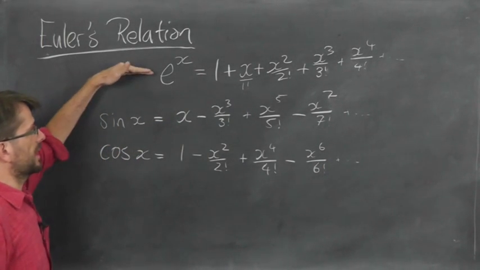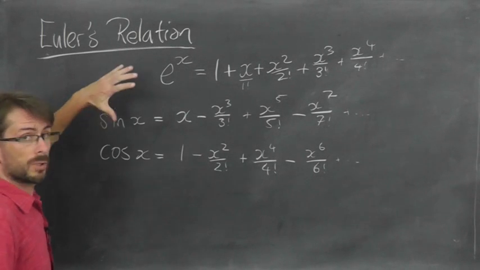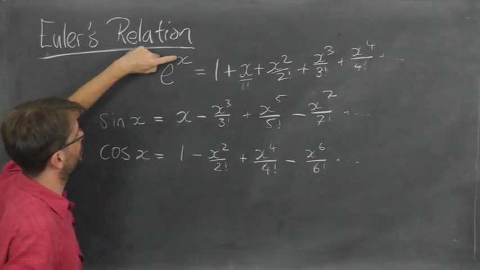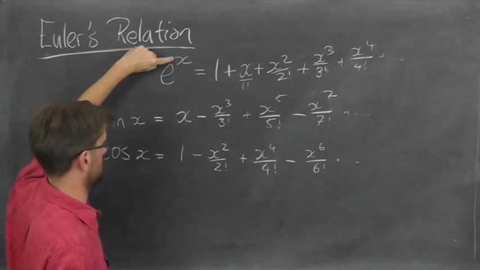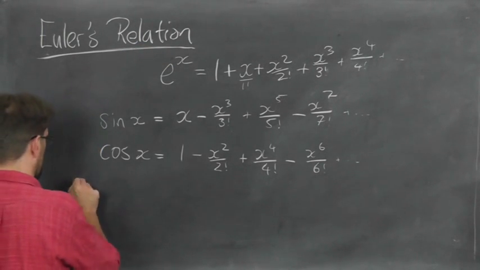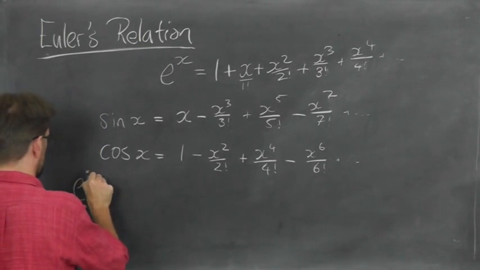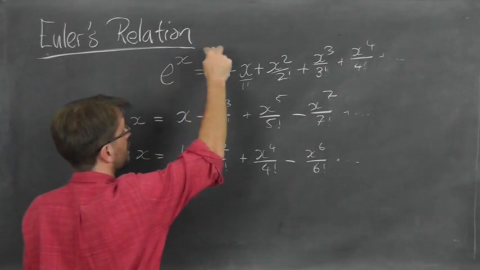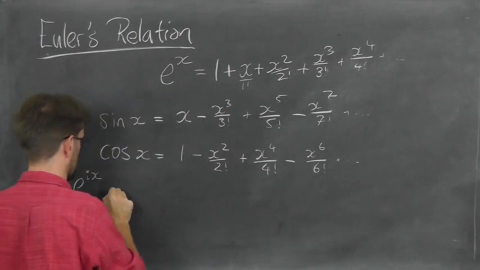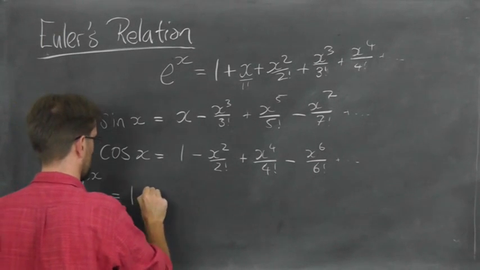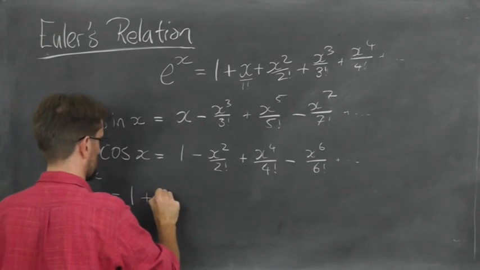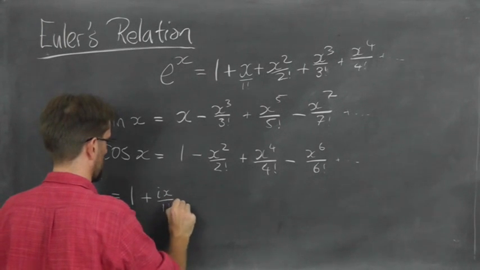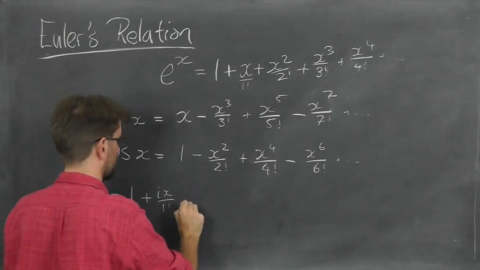So from these beginnings, we're going to get something very nice involving complex numbers. So what happens if we put i in here? Okay, so let's just have a look at this. If we put e to the ix, what do we get? We just have to substitute ix wherever we have x. So this is equal to 1 plus ix, so that's over 1 factorial if you like, plus,